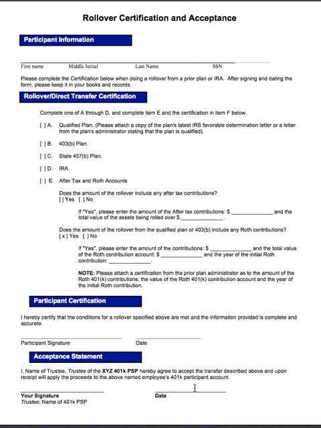Now, once you've signed this, once you've filled it out and signed it, just keep it in your books and records. It doesn't need to be filed with anyone else. And by the way, if you have someone else moving money into the retirement plan, they will need to fill out another one of these forms. And so they would sign it down here as the participant, and then you would sign it as the trustee